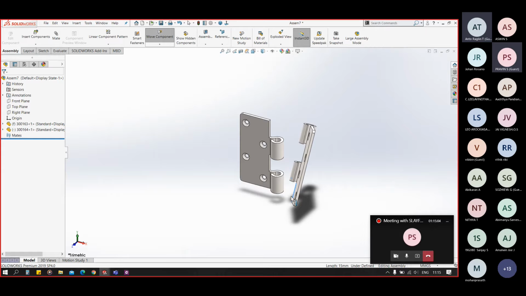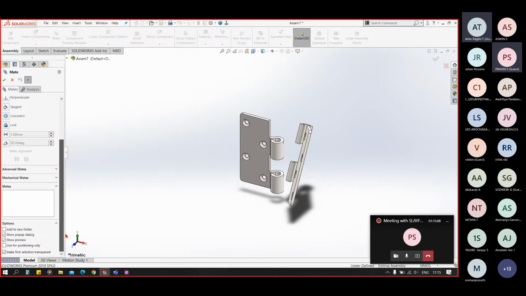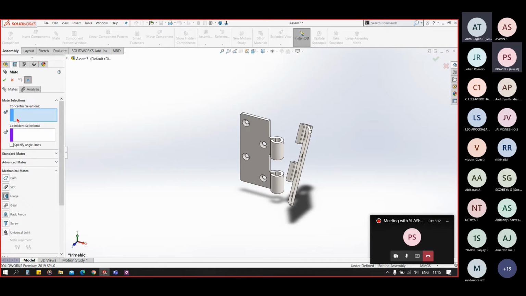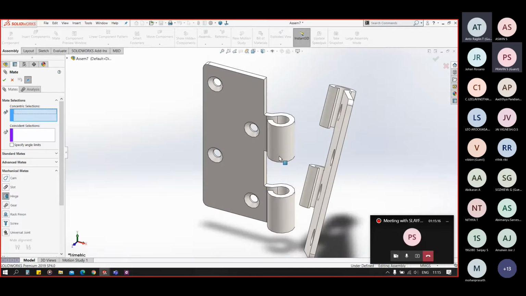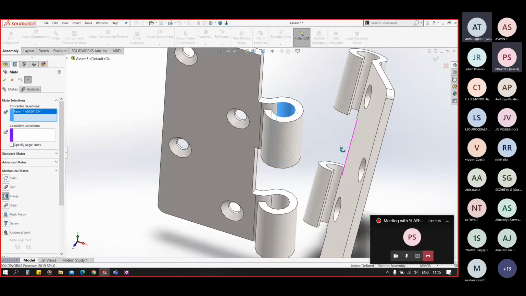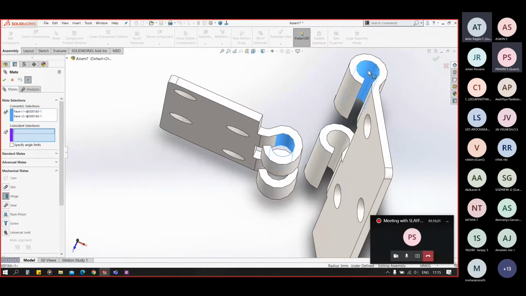Now let's go to the mate. Let's go to the hinge, and you can see concentric relation and coincident relation. In the concentric relation, select this and this, and in the coincident relation, select this.